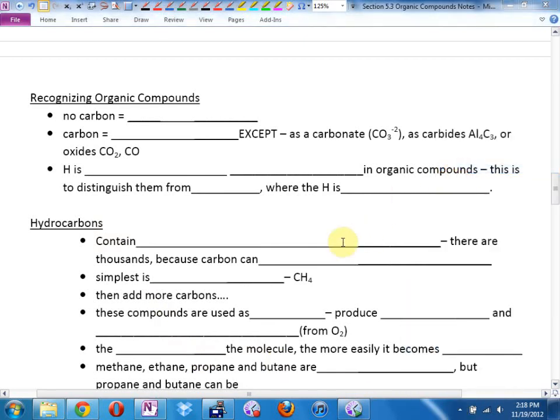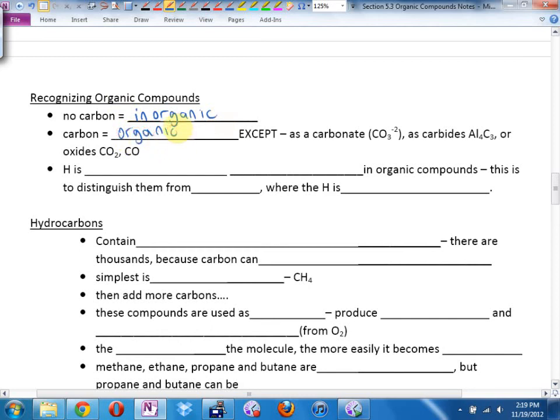Continue. So we've talked about how you recognize an acid. Starts with an H. How you recognize a base. Ends in an OH. How you recognize a salt. Well, it's not an acid or a base. Okay, how can you recognize an organic compound? The first way is easy. If it doesn't have carbon, it's inorganic. If it does have carbon,